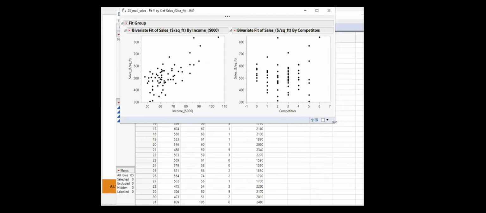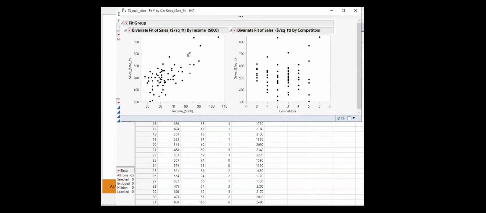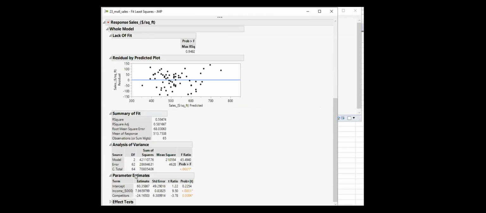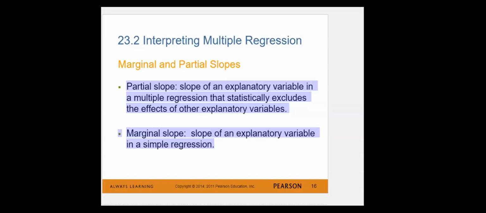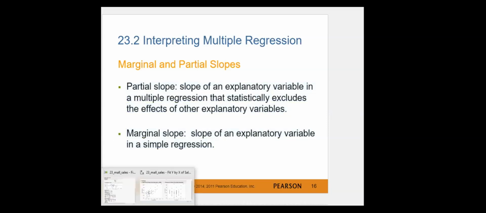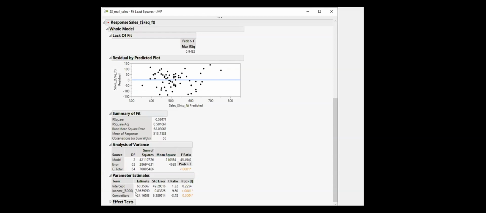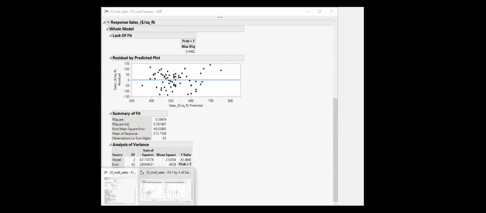Right, so do we get different results from the multiple regression that we just ran? This is a multiple regression. These are the slopes of income and competitor, 7.9, negative 24, right? So we expect to have different results. Let's see. So these are 7.9 and 24, but here,